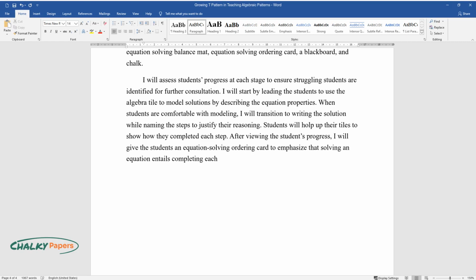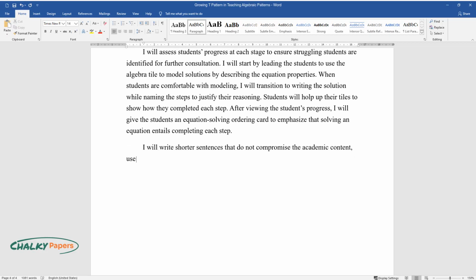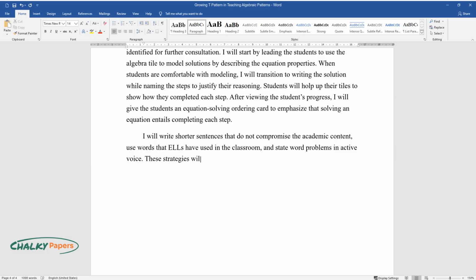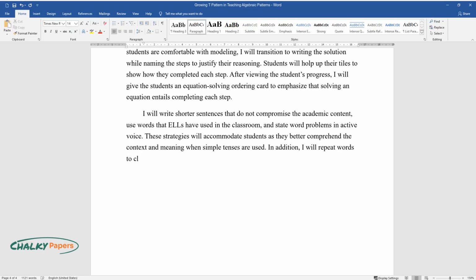entails completing each step. I will write shorter sentences that do not compromise the academic content, use words that ELLs have used in the classroom, and state word problems in active voice. These strategies will accommodate students as they better comprehend the context and meaning when simple tenses are used. In addition, I will repeat words to clarify the sentences and help the ELLs understand the concept without introducing new